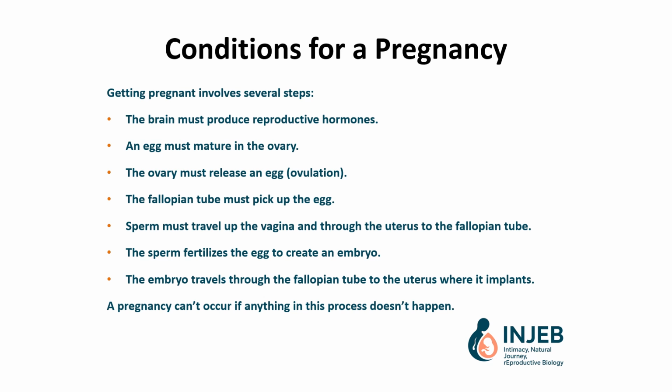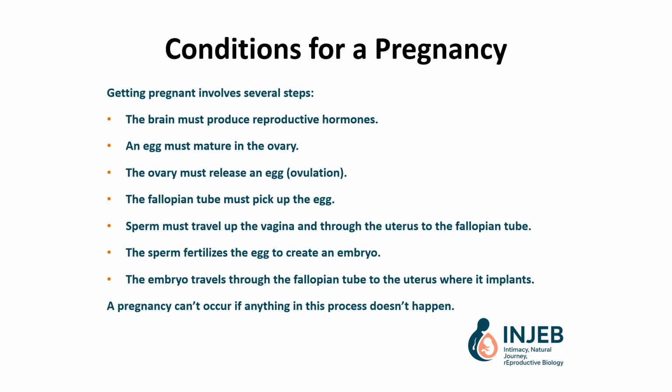To identify potential causes of infertility, we need first to understand the necessary conditions for a pregnancy to happen. So, getting pregnant involves several steps. First, the brain must produce reproductive hormones at efficient levels and at the right time. An egg must mature in the ovary. That ovary must release the mature egg during ovulation, that is, under the command of the brain reproductive hormones, mainly